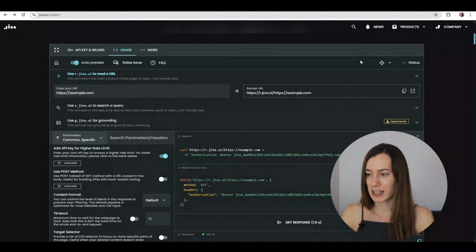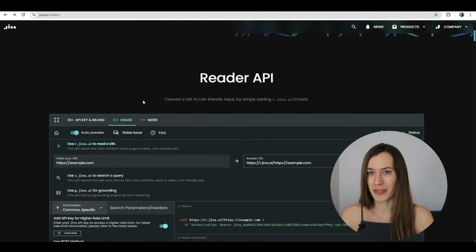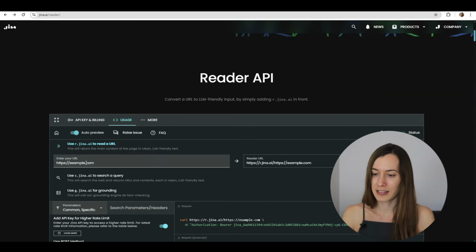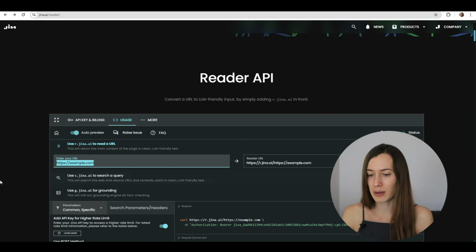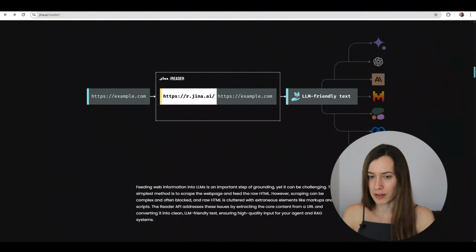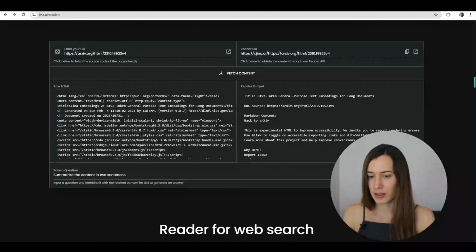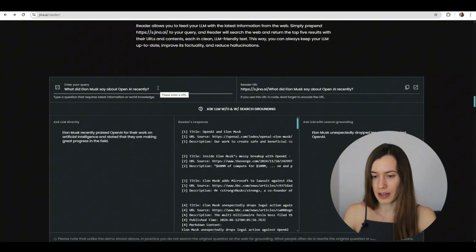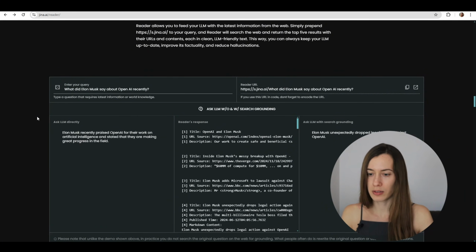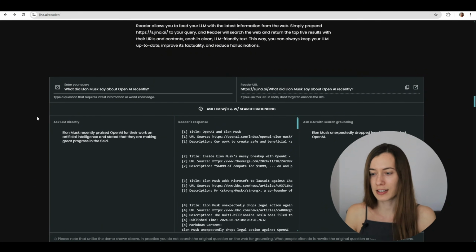First of all, it can do regular scraping like the tools we have already discussed. And it is super easy to use. You just append r.jina.ai before the actual website URL that you want to scrape, and it will scrape it for you. Apart from just regular scraping, Jina offers this reader for web search where you can enter your query and it will search the information on the internet, and then you can use a regular language model to find the answer to that question, but based on all that